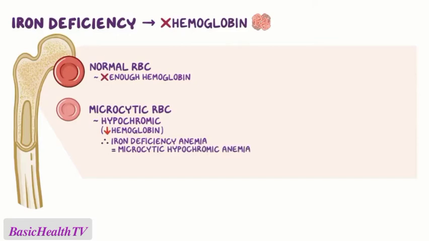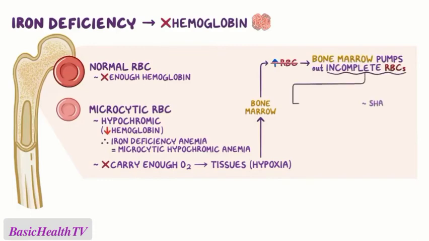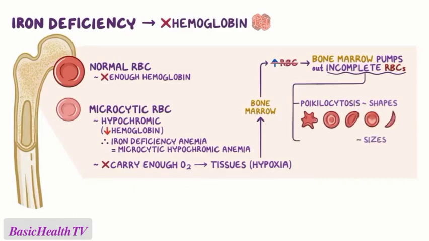Okay, so besides being puny, these microcytic red blood cells can't carry enough oxygen to the tissues, and this is called hypoxia. Hypoxia signals the bone marrow to increase red blood cell production. And when even that increase doesn't help, the bone marrow kind of goes into overdrive and pumps out incompletely formed red blood cells. As a result, red blood cells of various shapes, called poikilocytosis, and sizes, called anisocytosis, enter the